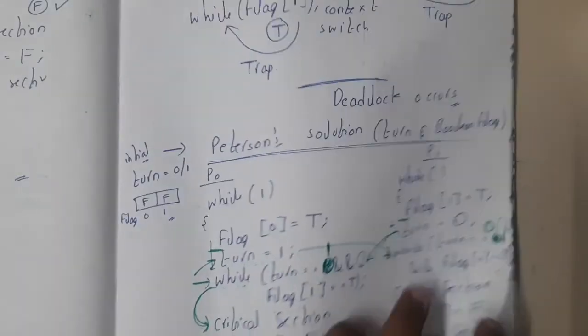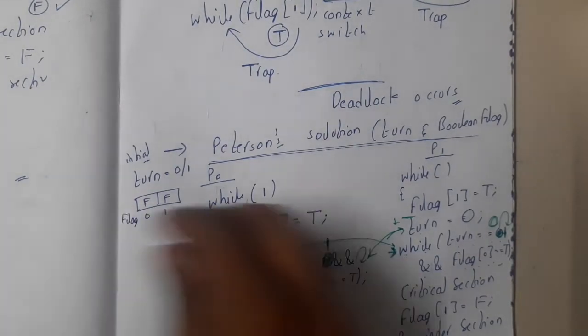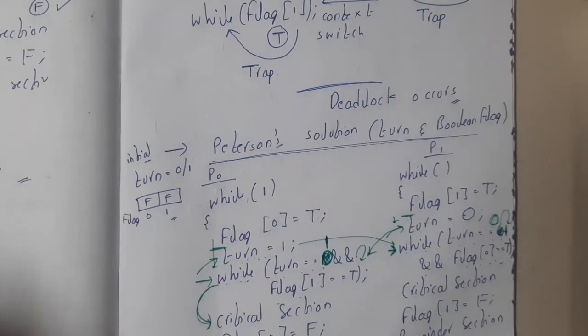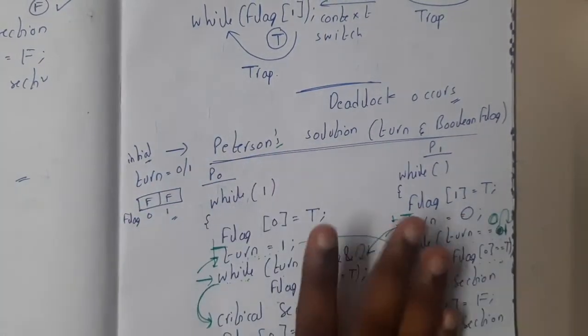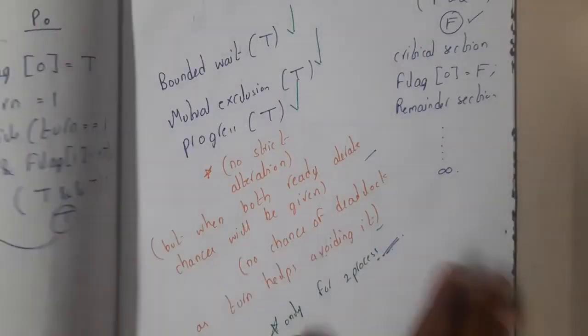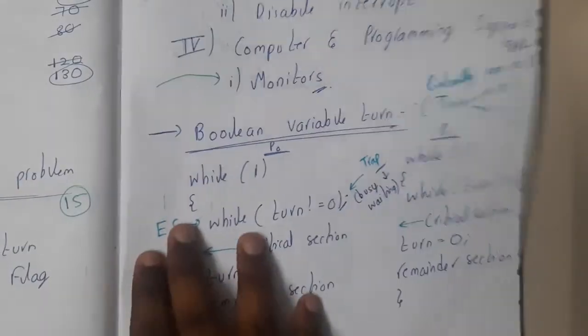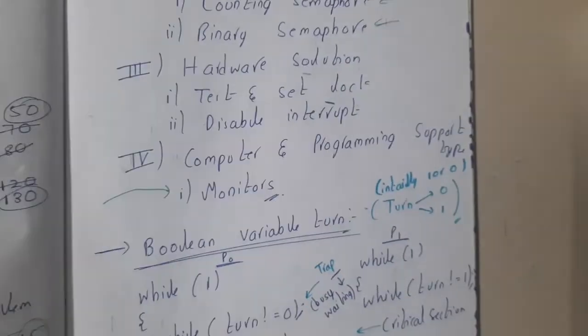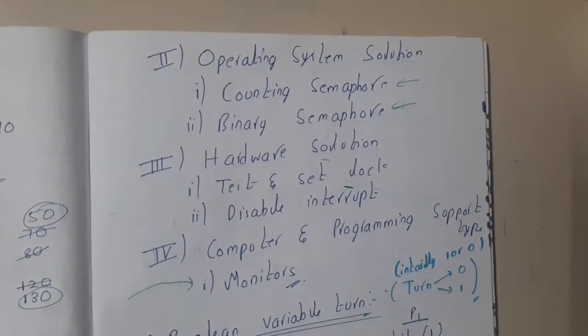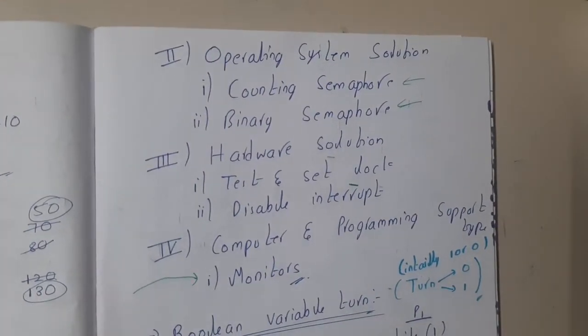The only disadvantage here is what if I bring 3 processes, guys? When I bring 3 processes, there is no solution for it, right? Yes. So that is the disadvantage with respect to Peterson solution and the whole conclusion of a 2-process solution, guys. So now you got an idea, right? How exactly we are solving this synchronization problem with the help of the critical section.